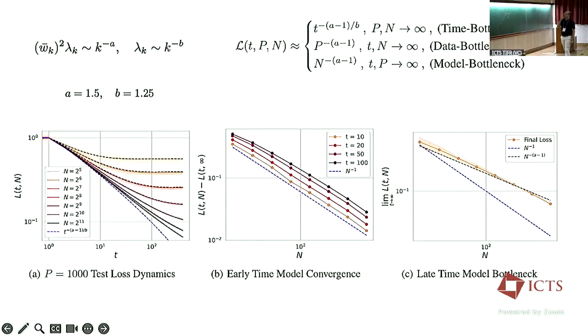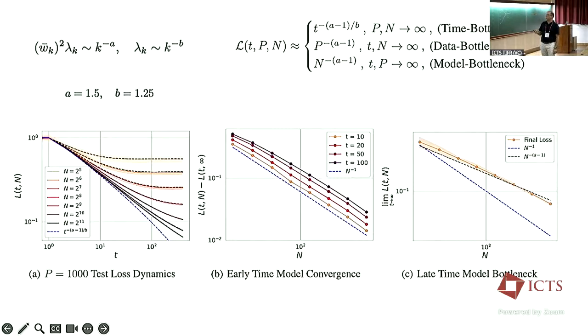But before that, let me just show you that this model actually captures the thing that we talked about, the switching of scaling regimes. Every time I look at this plot, I get confused, so let me take a look again at what we're doing. Okay, good. Here we're committing to a particular P of 1,000, so I have 1,000 data points. I'm plotting the test loss as a function of time, and I'm plotting models with different sizes of width. So this is a finite size model.